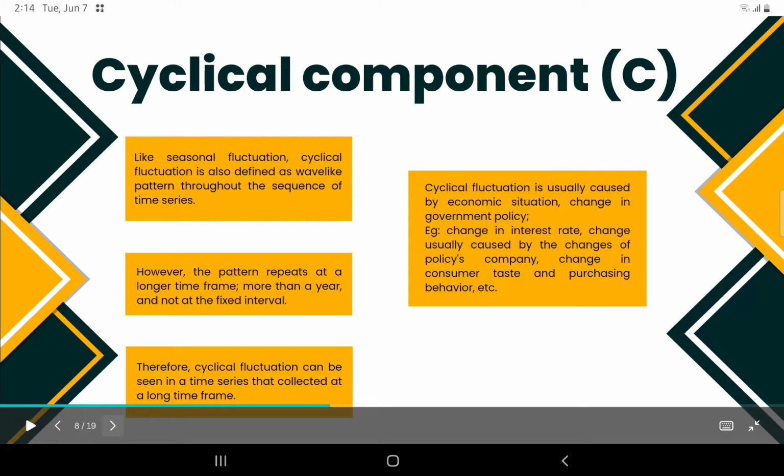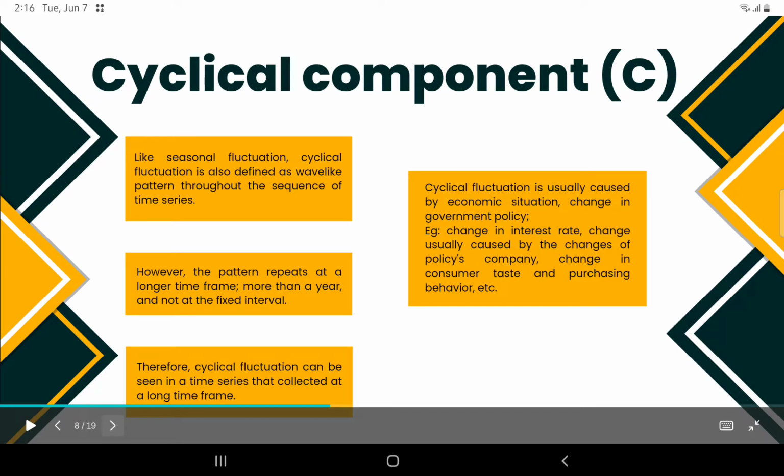Okay, next is the cyclical component. Okay, notation dia adalah capital C for cyclical component. Okay, cyclical component ni lebih kurang macam seasonal fluctuation tadi, where the movement repeats its pattern over a period of time. Tapi what's the difference between cyclical and seasonal tadi? Kalau seasonal variation, dia akan repeat the pattern from year to year. Setiap tahun